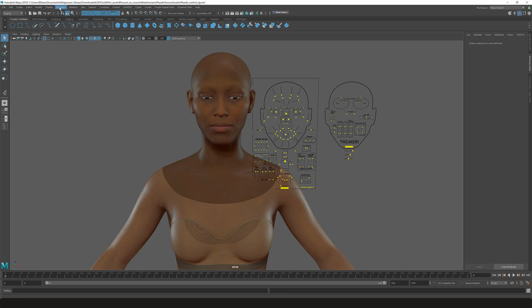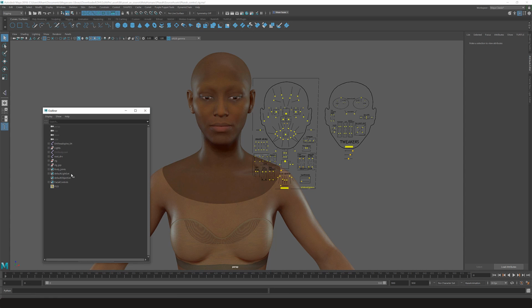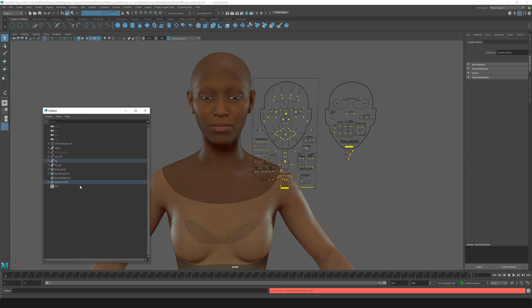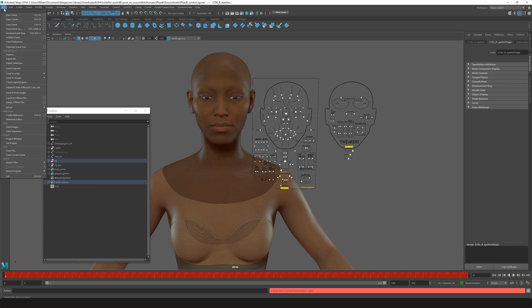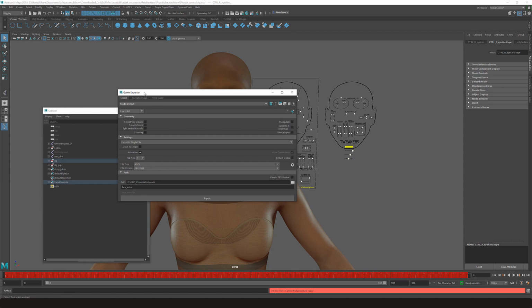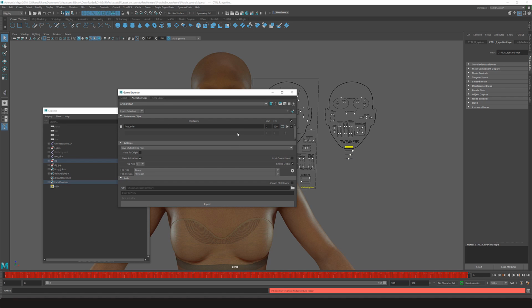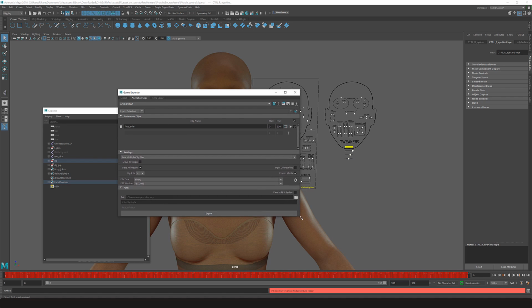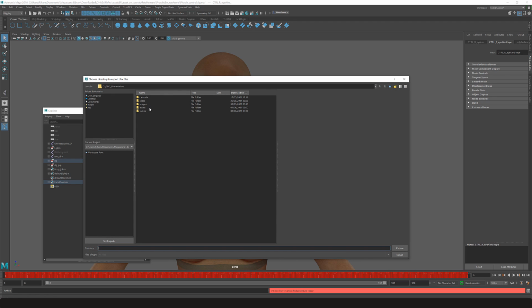Similar to the body, we will just select the face controls set. You select the members and use the game exporter as well to export. I have had a clip created already, the face anim. Just make sure that I use the clip and uncheck embed media, export as ASCII and export.